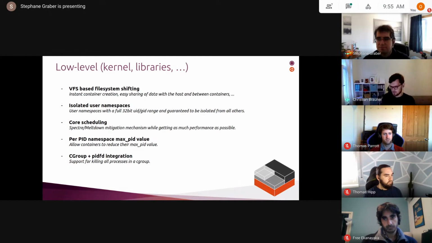It obviously has a bunch of security properties that make this safe. Another thing that we have been discussing, but where the state is right now kind of uncertain, we're unsure whether or not this is actually going to happen, is isolated user namespaces.